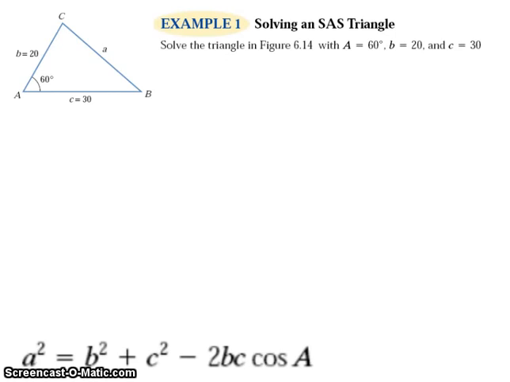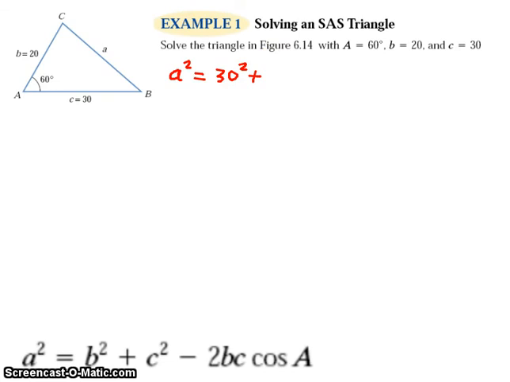So here we have an SAS triangle. We have a side, then an angle, and then a side. With that given information, we can figure out what little a is equal to, the side opposite of the angle that has been given to us. I'm going to use the formula down below, and you can follow along. So we have a to the power 2 is equal to one side to the power 2 plus another side to the power 2